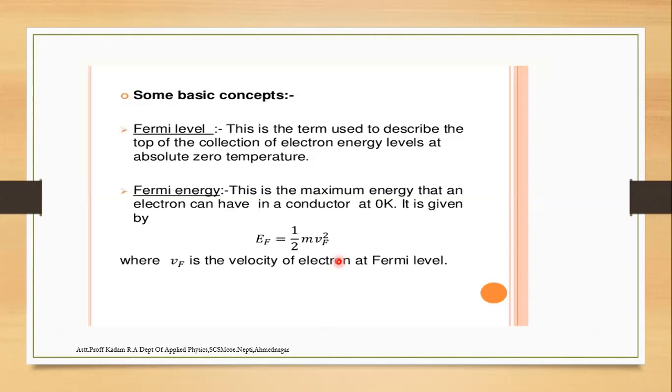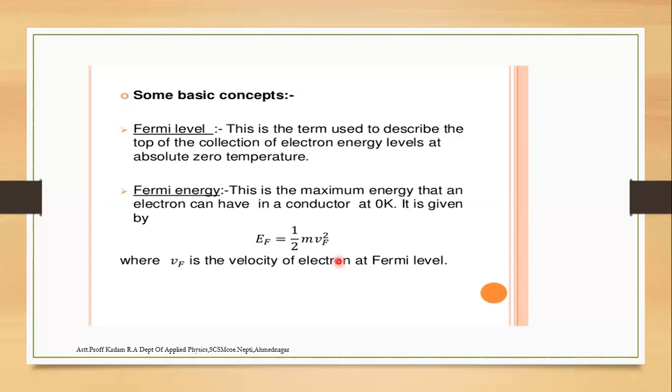Fermi level. The basic concept is that the Fermi level is the term used to describe the top of the collection of electron energy levels at absolute zero temperature. And the Fermi energy is the maximum energy that an electron can have in a conductor at 0 Kelvin. It is given by the relation EF, the Fermi energy, is half of mvF